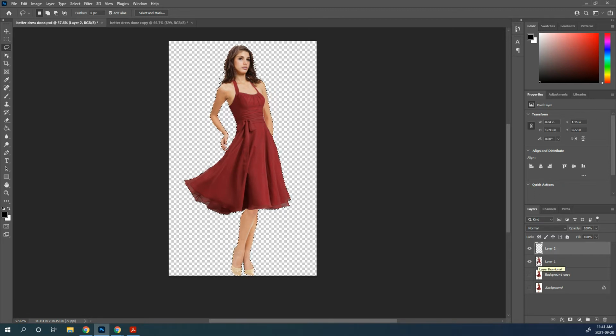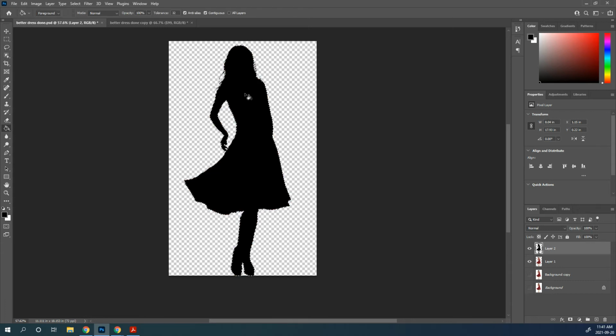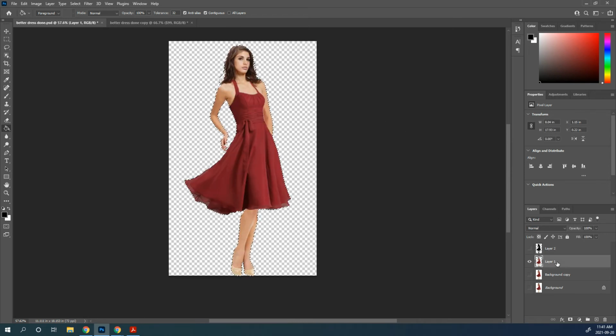You can now see the marching ants that are around her again. Making sure you're still on that blank layer, I'm going to fill it. So on black, get a paint bucket and fill it. Now I'm going to shut that layer off temporarily. I'm going to go back to the layer where she is on, and now I'm going to grab just her